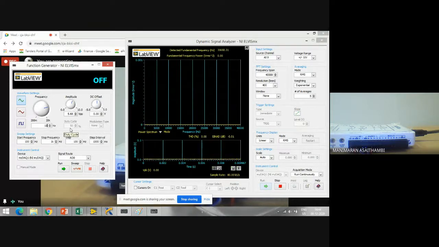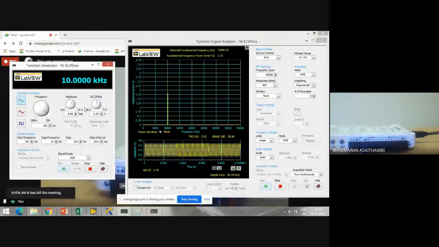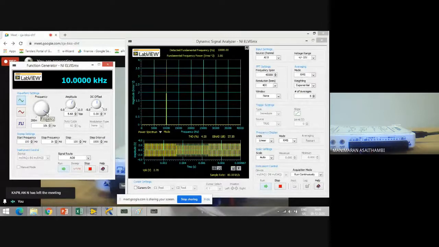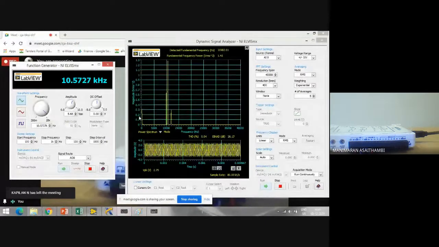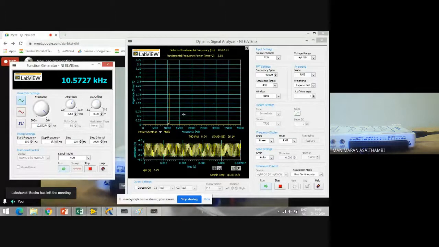I'll say 10K. So now do you see over there I have a peak at 10K here. So I can vary things here. This is something like a spectrum analyzer for me. So I have hardware which is going to act as a spectrum analyzer also.